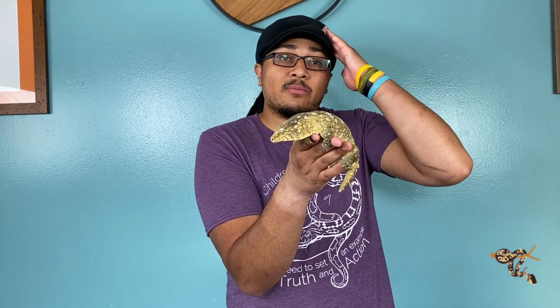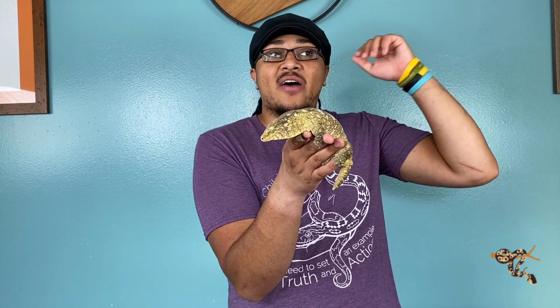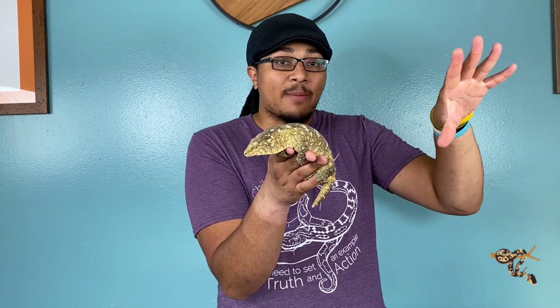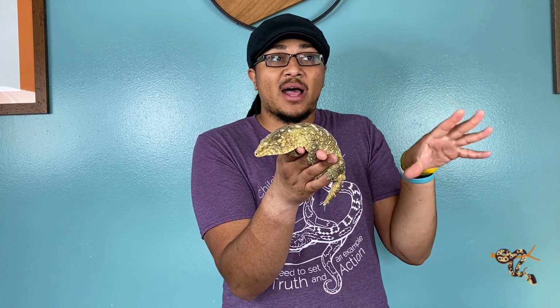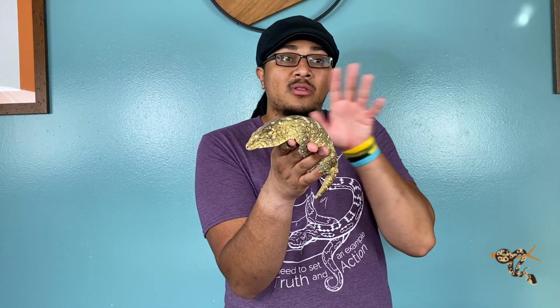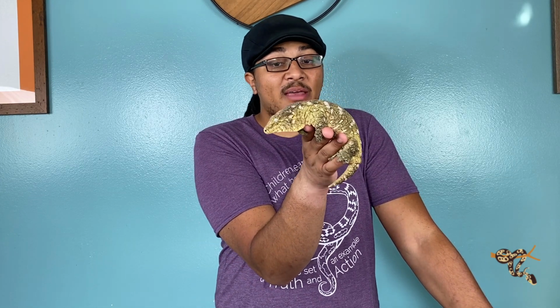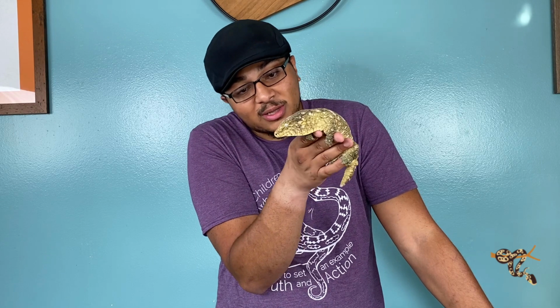And there's a lot of different breeders out there who say different things about how they do it, whether they will put them in an entirely separate enclosure and put them together with separate hides and nothing smells like the other one. The female will be put into the male's, or the male into the female's, or multiple males with one female. There's all sorts of different things, but they are fairly hard to breed consistently. And you have to kind of keep an eye on them. So they're not an easy one to breed, but they can be handleable, and they're certainly really cool little lizards,